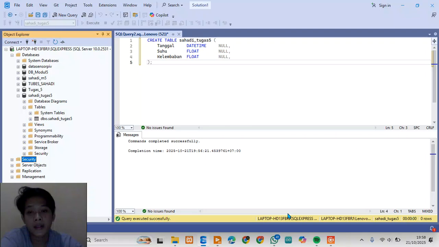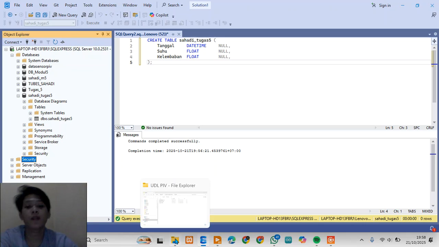Okay, the table was created successfully.